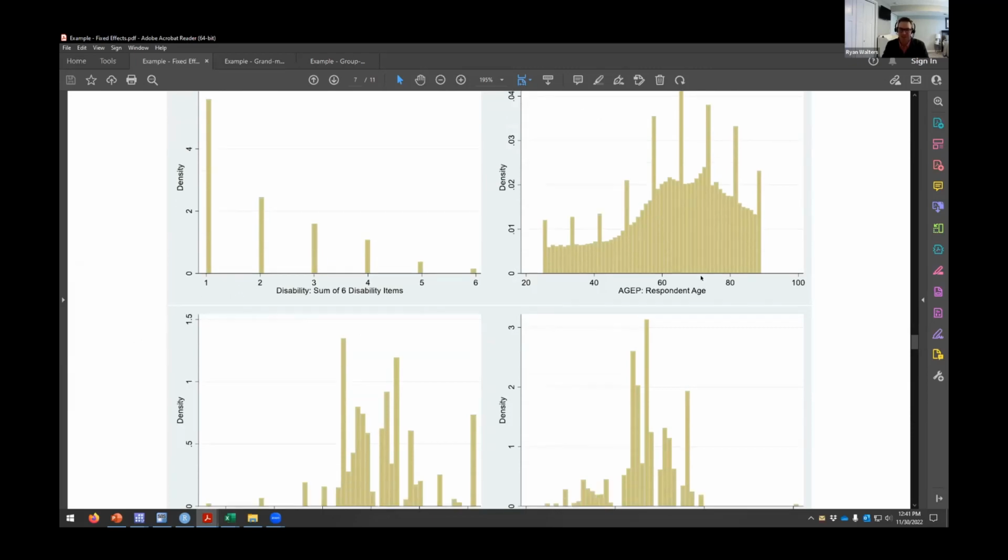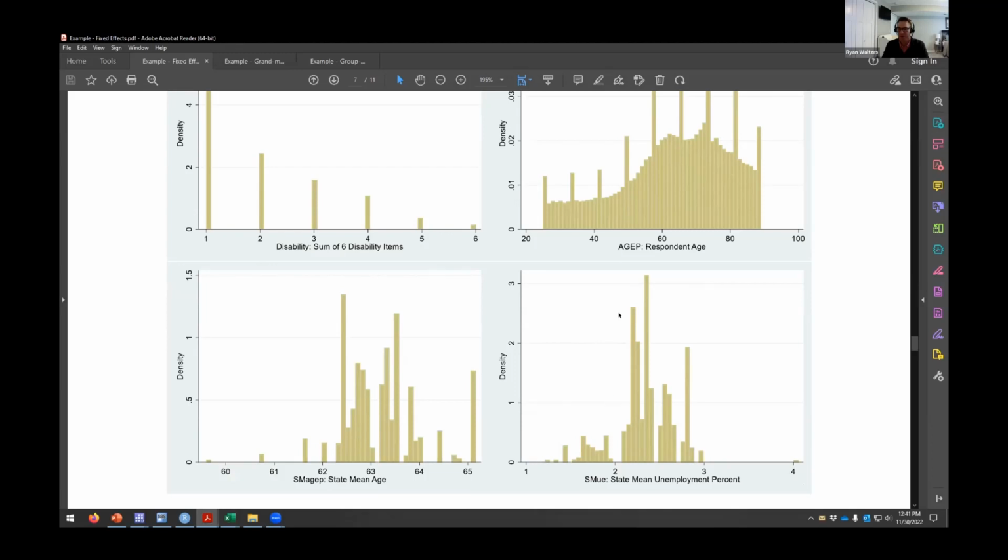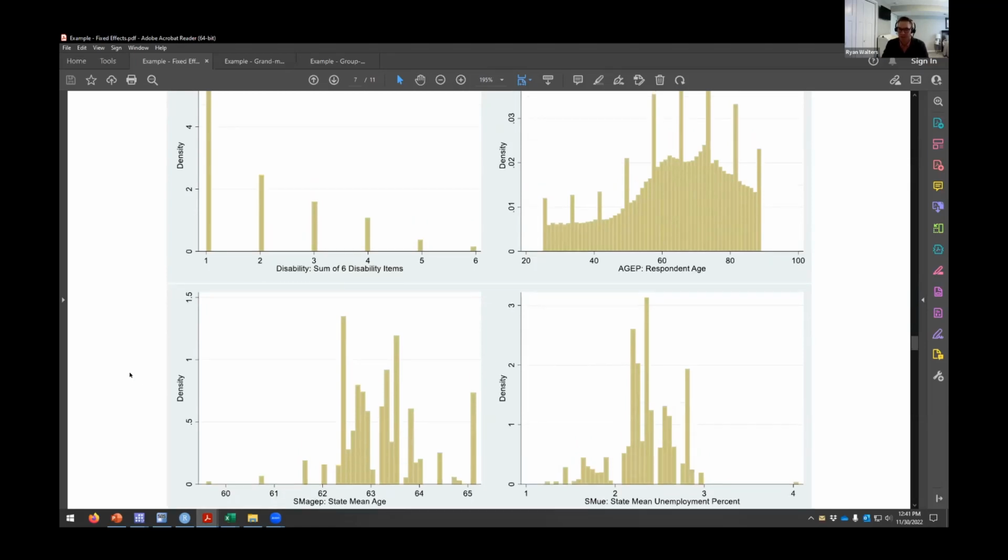Here are the distributions of the predictor variables we're going to include. Know that these models, much like a linear regression model, make no assumption about the distribution of predictive variables, but they're just here for you all to take a look at.